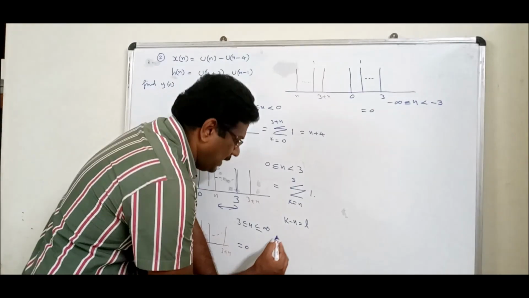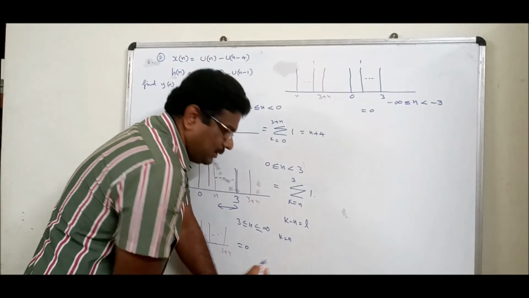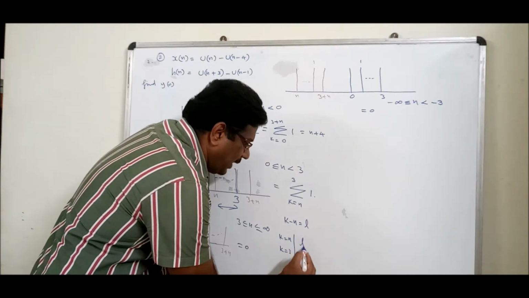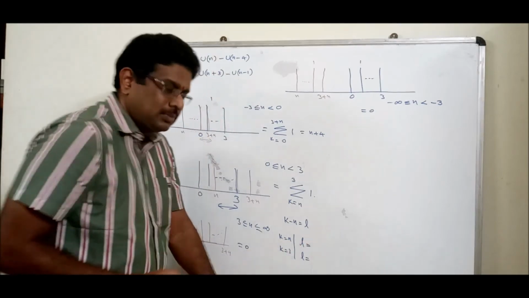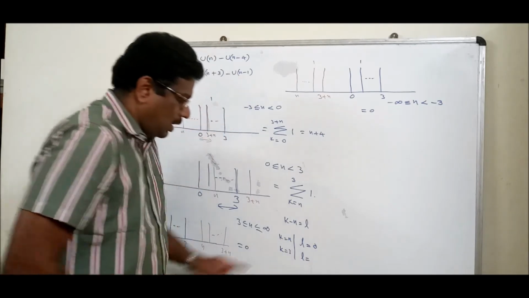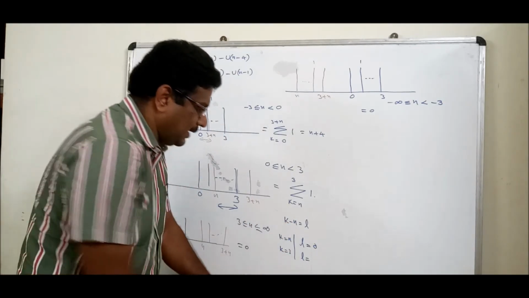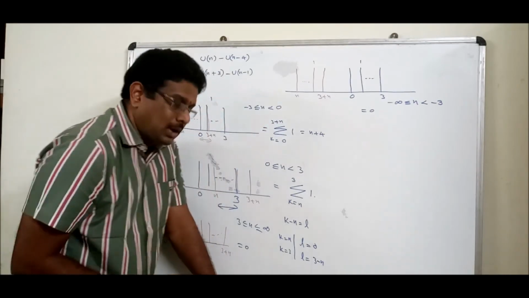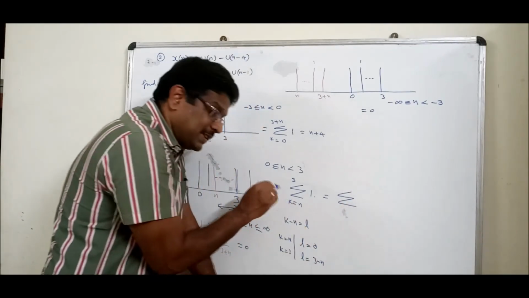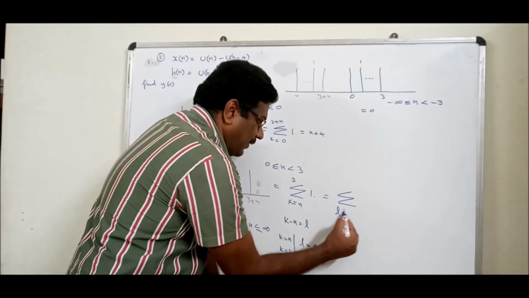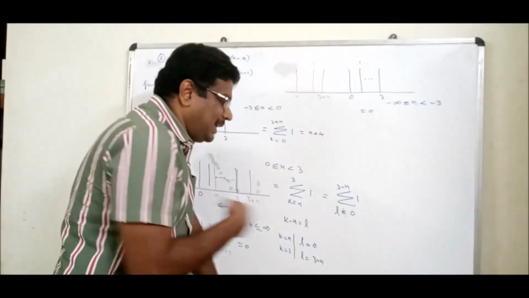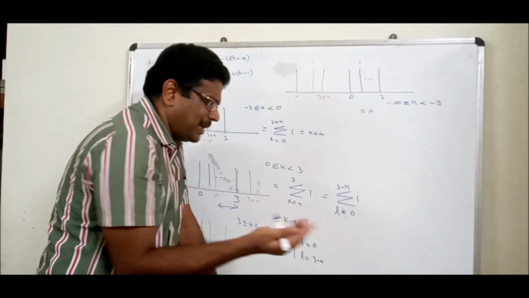Now try to answer me. The existing lower limit is n. The existing upper limit is 3. I need a modified variable for L. Put n here, n minus n, 0. Put k is equal to 3 here, answer will be 3 minus n. This is the modified new limit. Now, I can rewrite this formula as L varies from 0 to 3 minus n, 1. Why should I do this? Because I need the lower limit to be 0. I don't have 0. This is the basic requirement in maths.